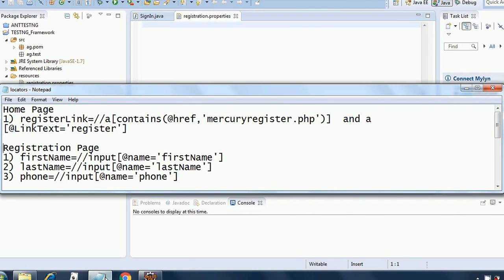The advantage of doing this in a notepad first is you get everything in one go, and then you can just cut and paste into the properties file. So just delete these entries from here.